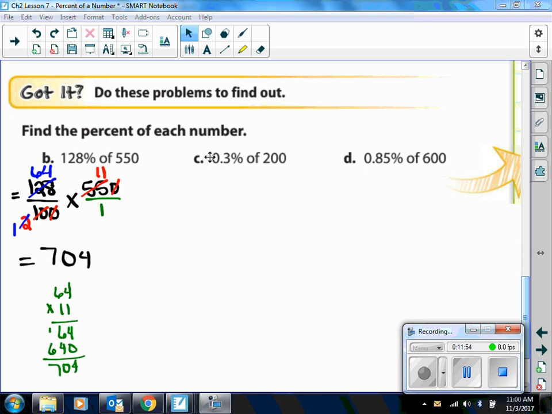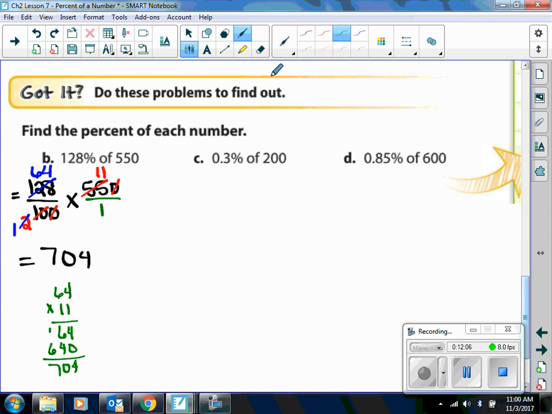All right, so here we want to find 3/10% of 200. Now this one I want to write as a decimal. Very good. So I'm going to take that decimal right here, and I'm going to move that 2 places to the left, and I'm going to add a 0 here, and of course I need to take away my percent sign. Okay? So that's going to be